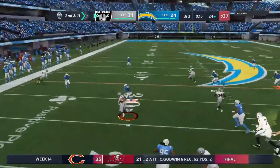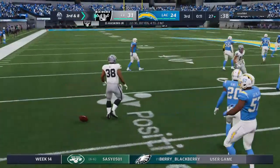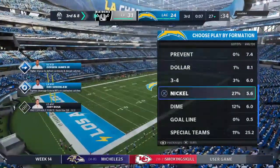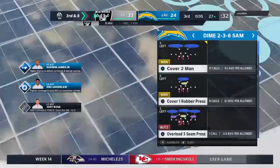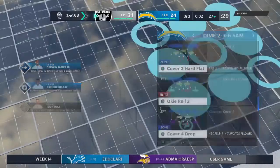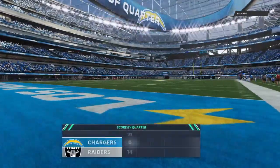Here's Haskins. And he's going to drop this off to his fullback. Call it a 3-yard gain, and it'll be 3rd down. They had the catch on 2nd down, but it didn't help at all, and now they're looking at 3rd down